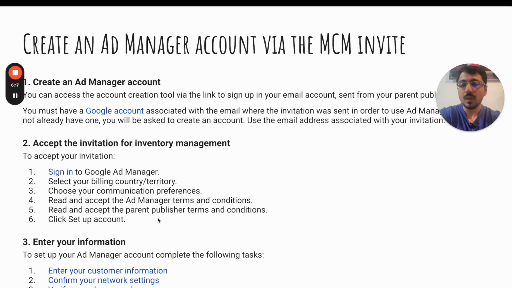Now you have to go in and set up your ad manager account. You have to input your customer information. Start with inputting your personal details, followed by the network settings, and lastly you have to verify the phone number. Now recently I've seen a lot of instances wherein